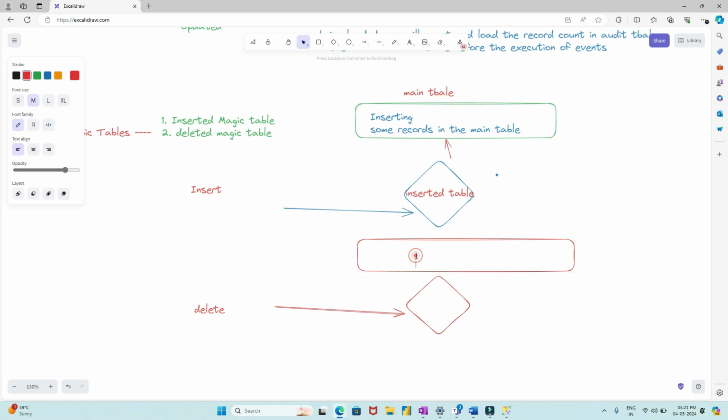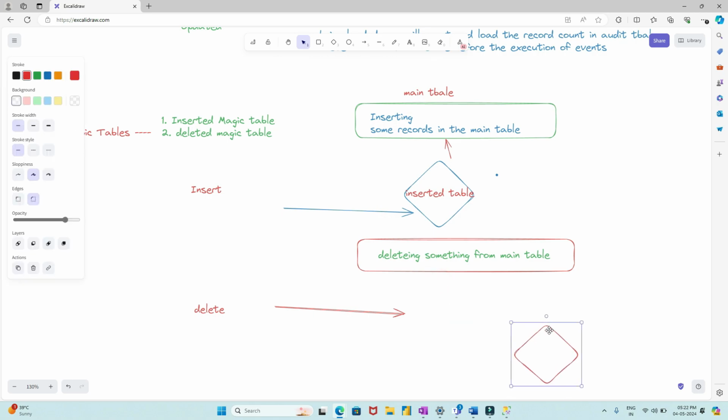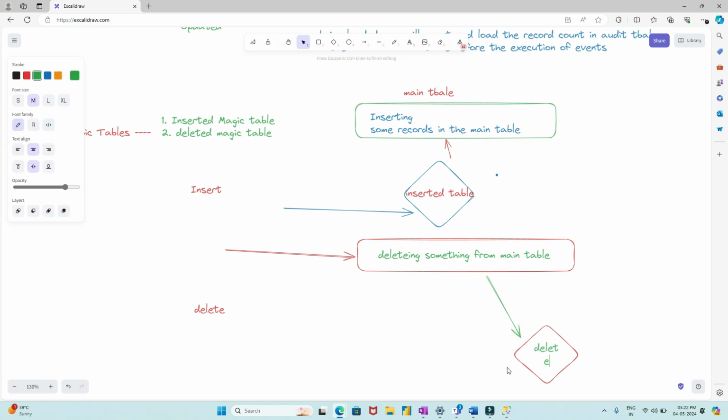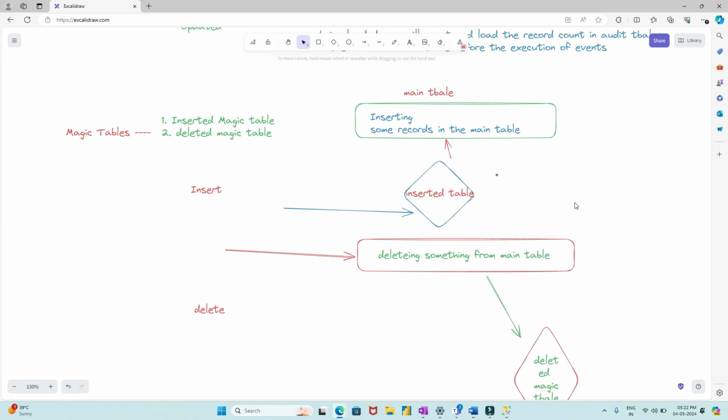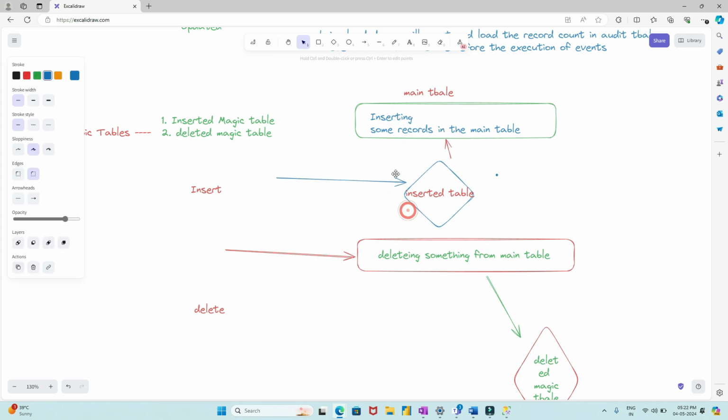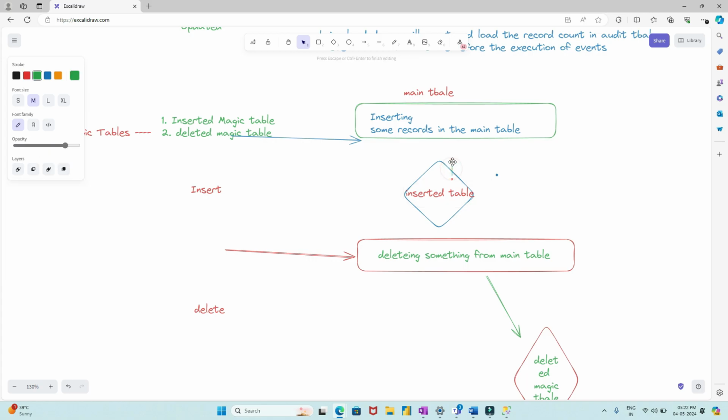The query is being executed here, and once the data is deleted, it will go to this particular deleted magic table। Understood? So इसमें क्या हो रहा है, जब अपन insert कर रहे हैं, it will first hit the query here in the main table,